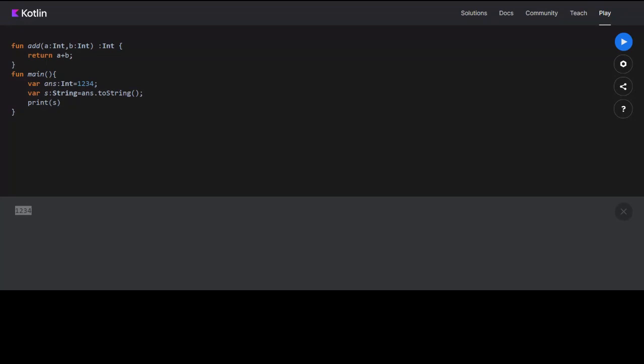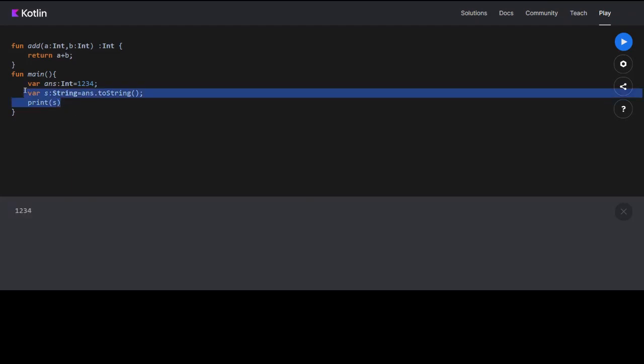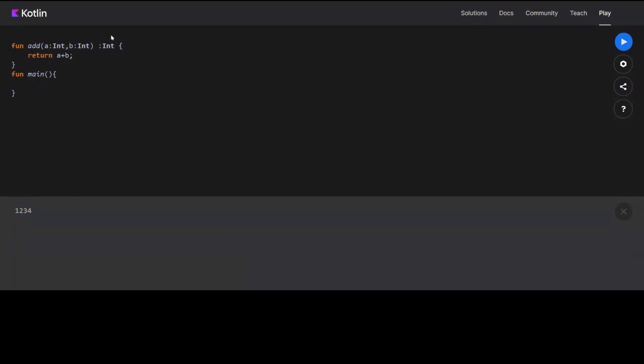Okay, moving on. The next thing would be named arguments. One more thing here: what if in this function I want to give a default value to b, let's say 9. I just put it here, 9.